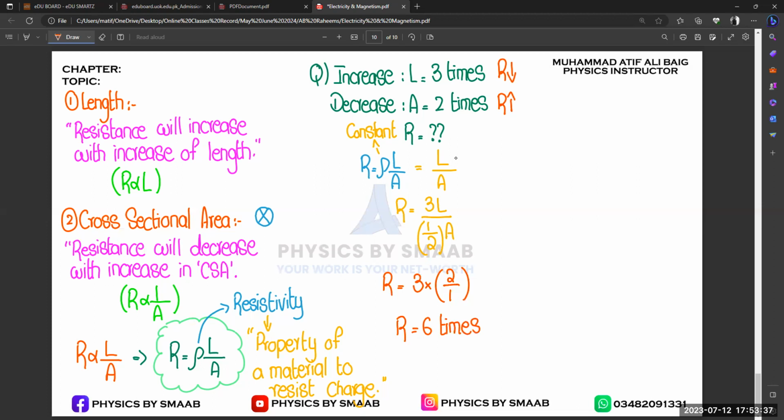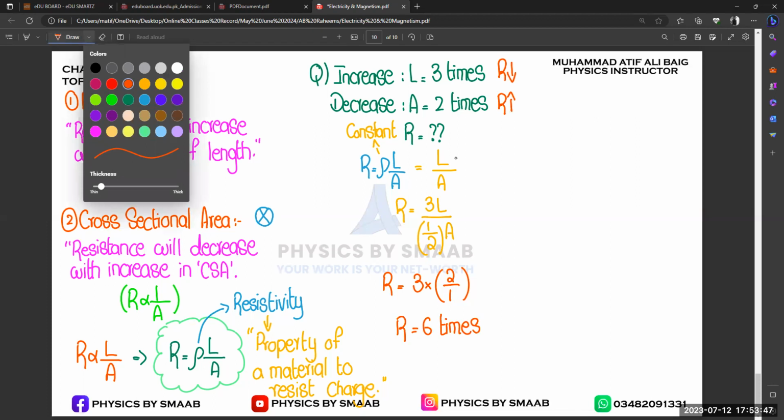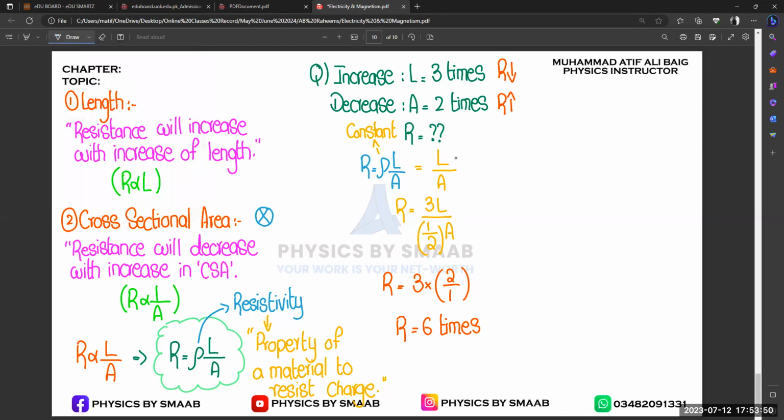right? Sure, your resistance will be 6 times as compared to the previous resistance. Okay. Let's suppose there is a resistance given in the question, then from that specific value your resistance will increase or decrease 6 times depending upon the initial value, right? So you can easily solve these types of questions, like if length will decrease, or